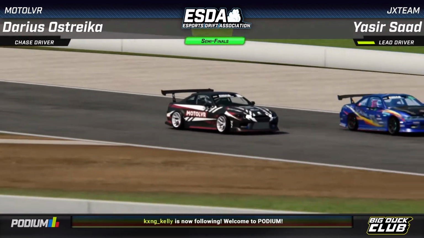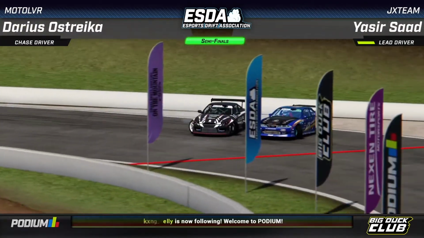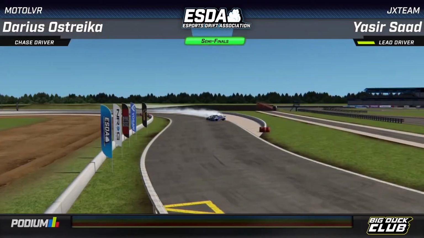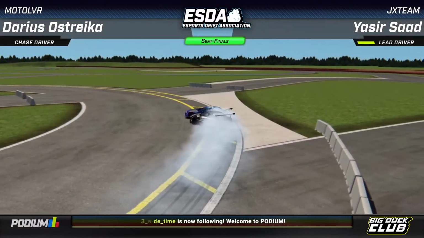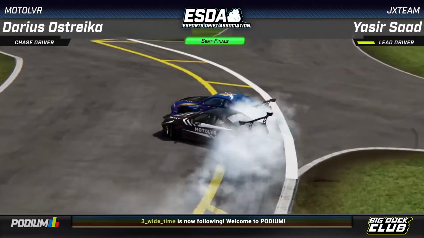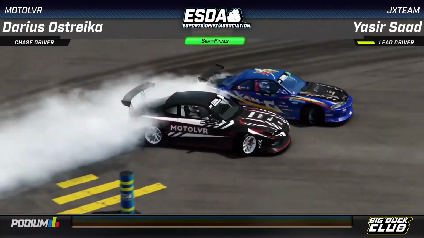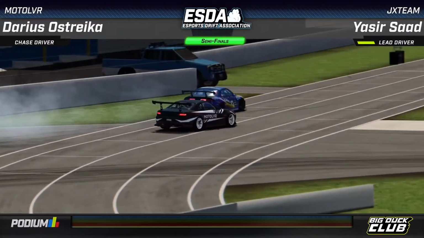Yasir and Darius both off the line, headed into turn 1. Yasir Saad once again throwing a lot of angle on entry, as he has been doing consistently all day, but Darius Ostreika not phased and getting that distance, that proximity, absolutely closing the door. Yasir Saad once again throwing a lot of angle, very consistent angle. Darius Ostreika once again not phased by it, able to match that angle almost perfectly, and heading into the finish